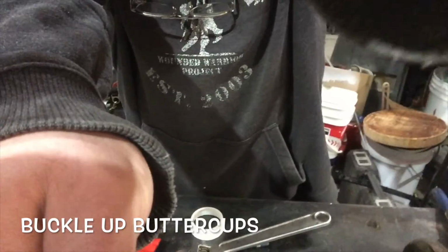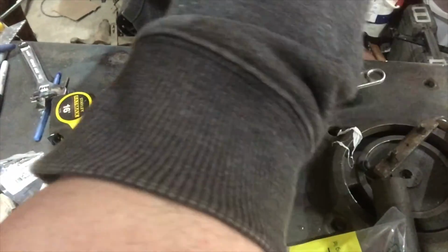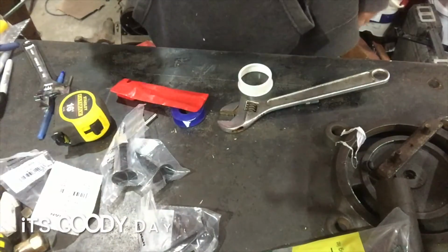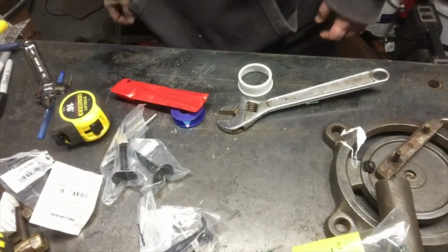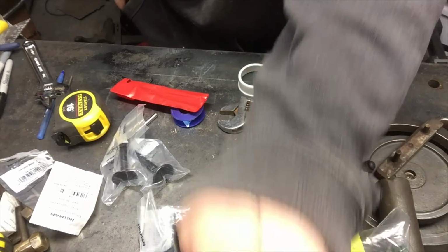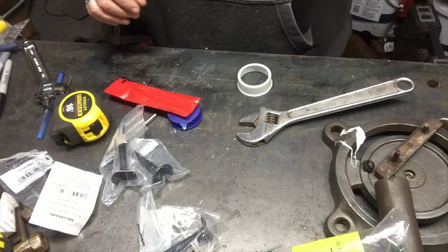Alright, let me see this good camera. My camera's crooked again. Crookedy. Nobody's gonna notice. Right, there we go. Alright folks, I don't know if you can see this. Let me just move it back. What I got today is